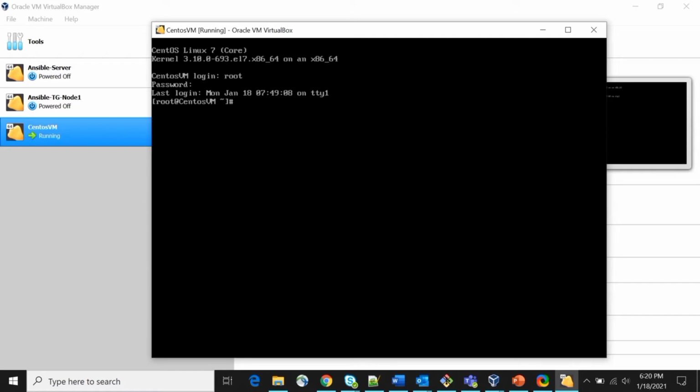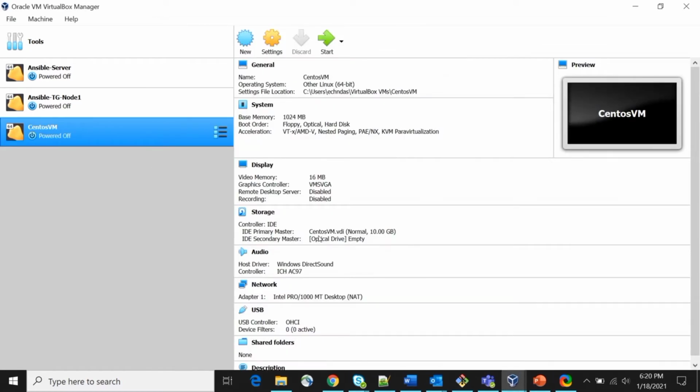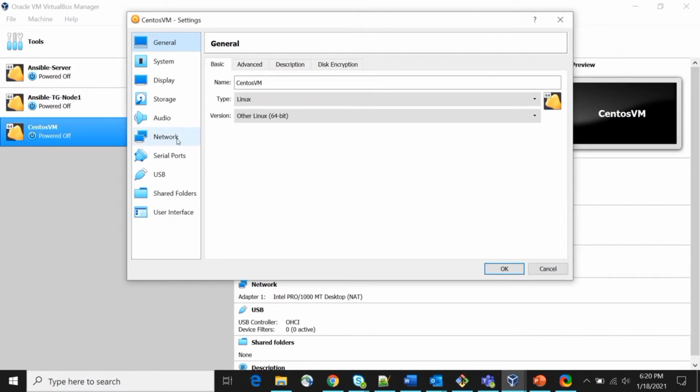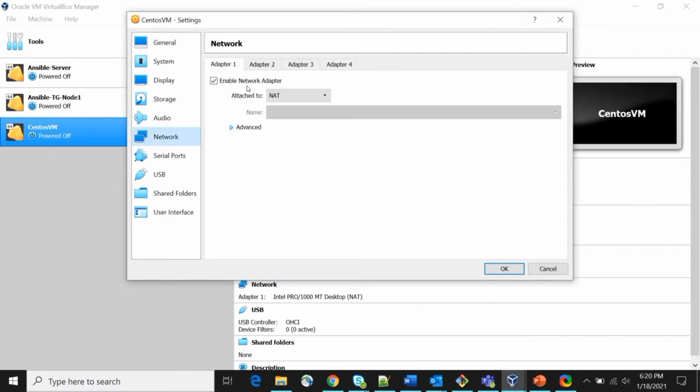Init 0 is the command to power off, or you can use the power up command as well. So I am selecting the CentOS VM which I have created, and then going to Settings, Network. See, here are 4 adapters by default.